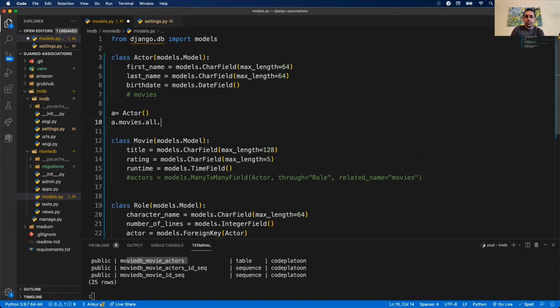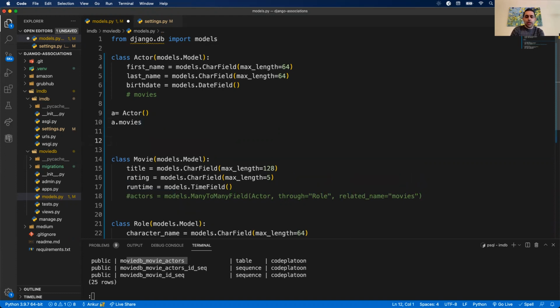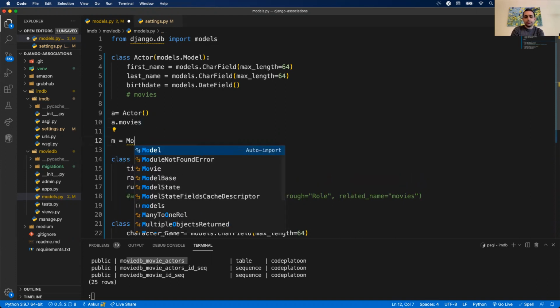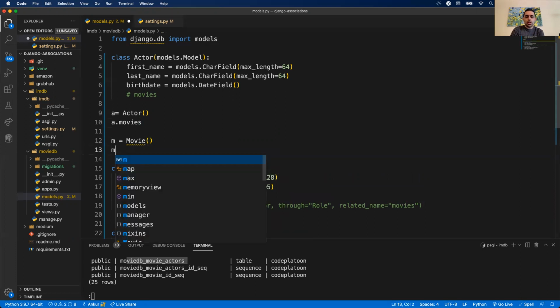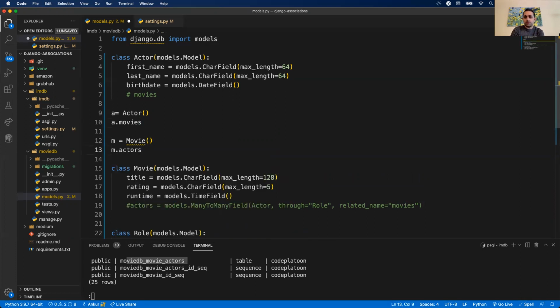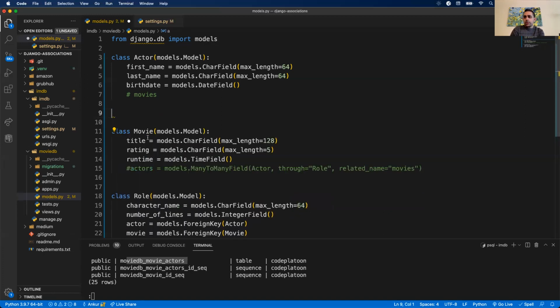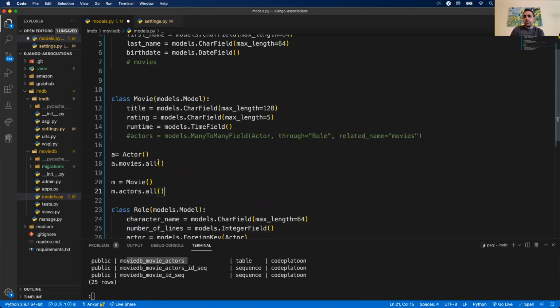I forget. Or if I have a movie, I can't call movie.actors.all. I always forget. So without using the many-to-many field, I cannot do this.